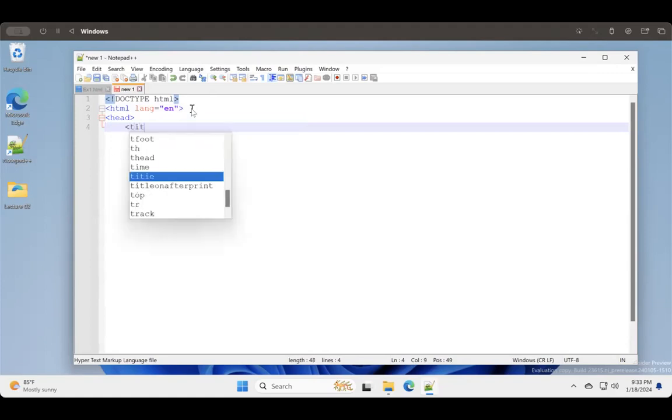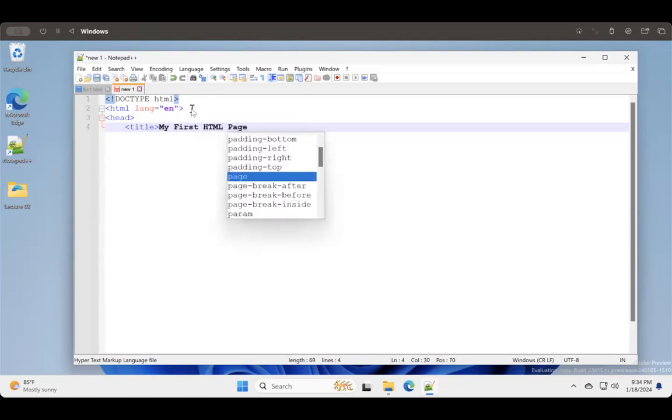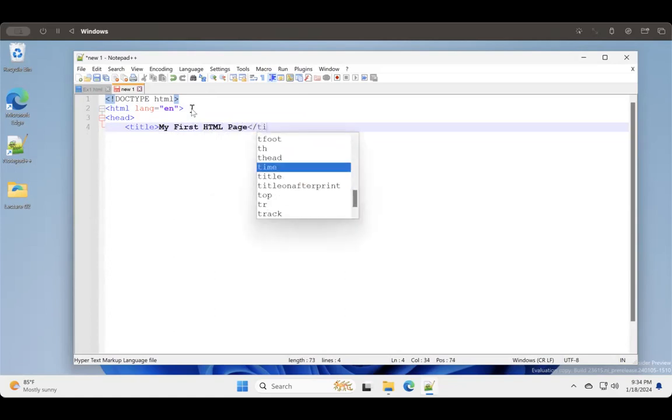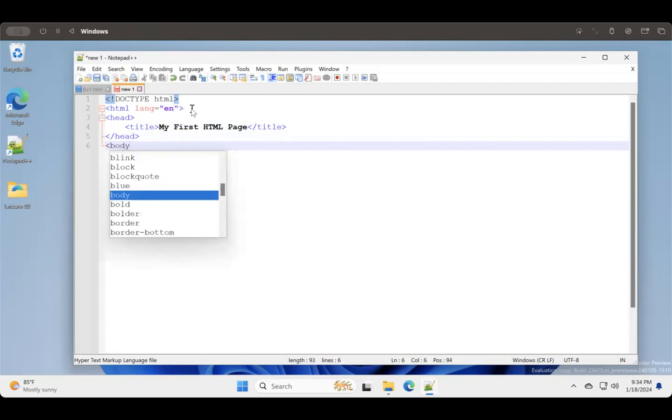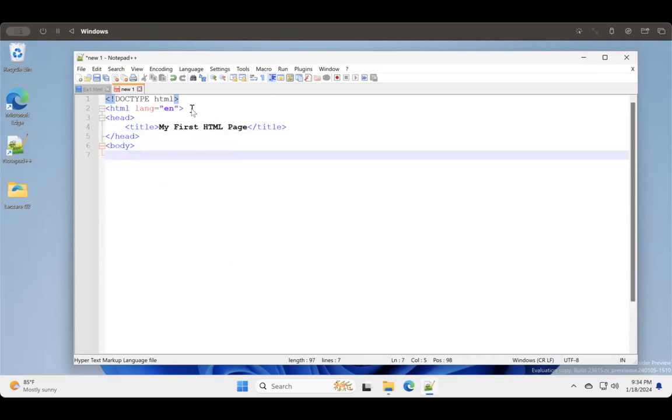Let's give the title. First HTML page, closing title tag, closing head tag, then opening body tag, then heading, let's say, welcome to my CPT website, closing heading,